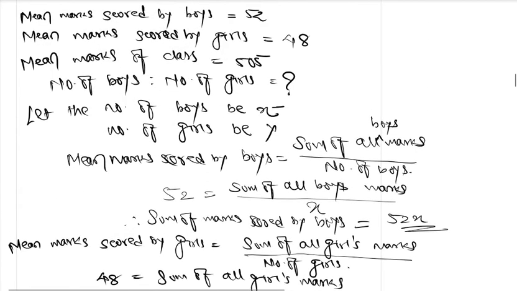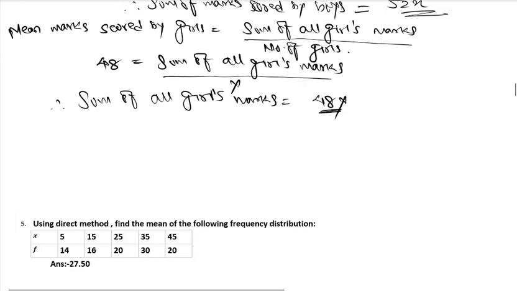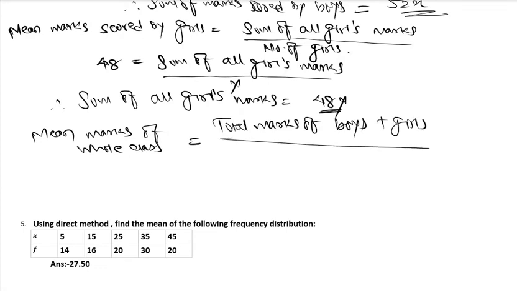Now see what they have given. They have given that mean marks of the class is 505. Now mean marks of whole class. What will be the formula for mean marks of whole class? Total marks of boys plus girls upon total number of students, right? So mean marks scored by the whole class